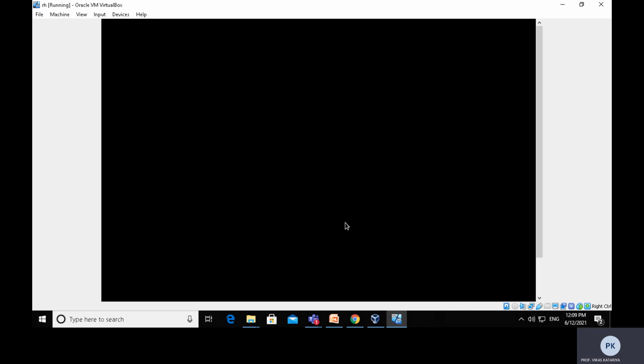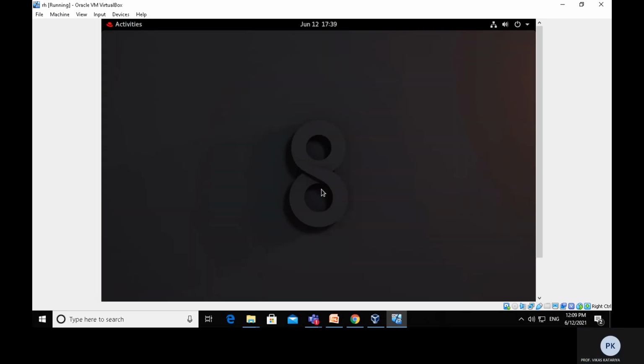Now after clicking on the sign in button, Red Hat Linux 8 comes up with the graphical user interface. Now it is creating the graphical user interface. It will take 1 minute minimum. Yeah, we got the graphical user interface of Red Hat 8 Linux.